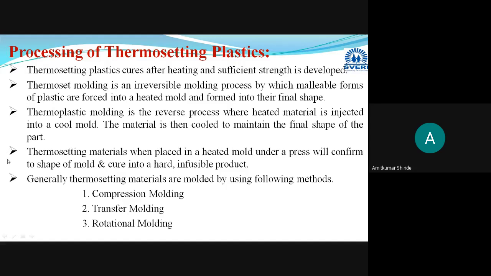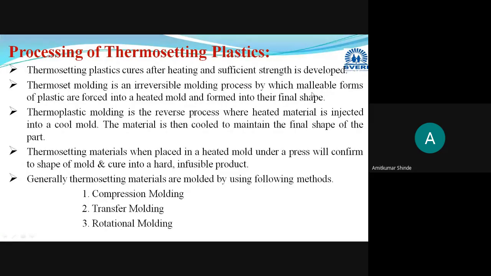Related to its processing, to give the desired shape and size, you can perform the molding operation on thermosetting materials, but only once. Whichever molding process you perform on thermosetting plastic materials, it will be an irreversible process. Thermoset molding is an irreversible molding process.